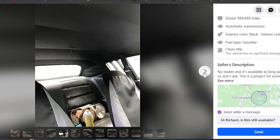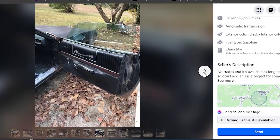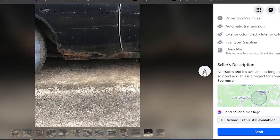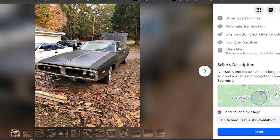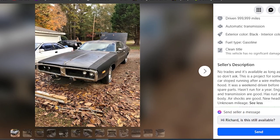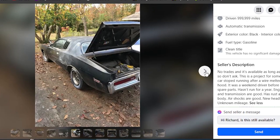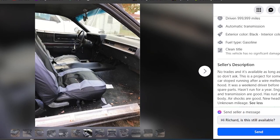Looks like it's drivable. Got the slapstick, black interior, black paint. Might have been an original black car. Got a little bit of holes in it, but it don't look bad. It's a project for someone. The car stopped running after it was wired, melted underneath the hood, so that sucks. It was a weekend driver before that. Many spare parts, hasn't run in a year. The engine's a 318, so there's a small block in it. I'm digging it. Put a little 340 down there, I bet the car'd scoot. On to another